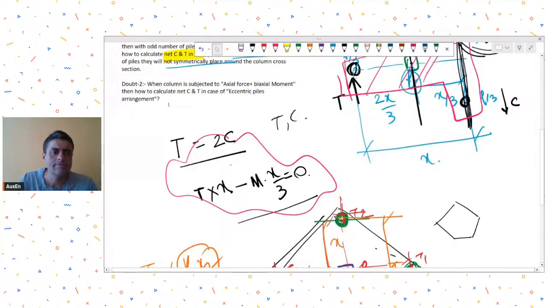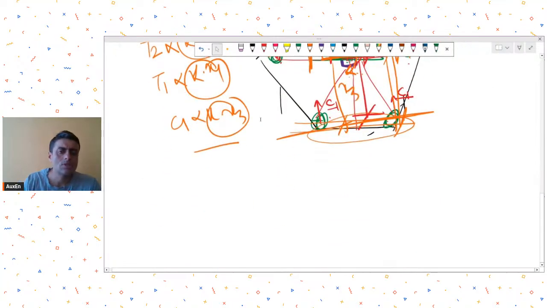Understood? Then his second doubt is, when a column is subjected to axial force plus biaxial moment, how to calculate net C and T in case of eccentric piles. So eccentric piles, we have covered it in our courses on foundation design. So in eccentric piles, let's say,